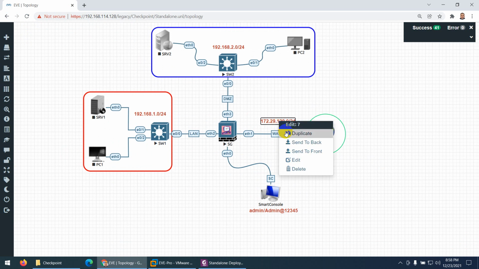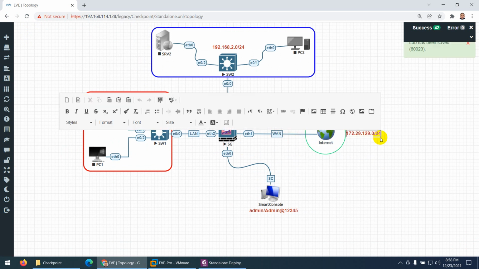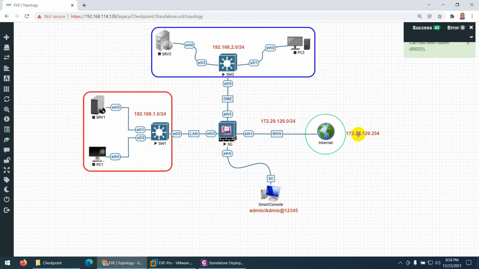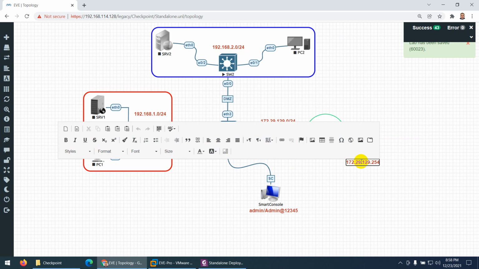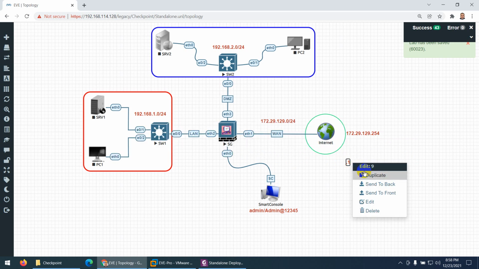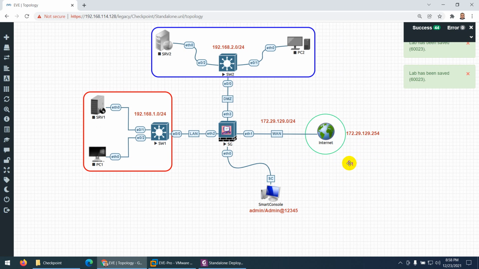Okay, and if you need the gateway, because I'm using the professional edition, the gateway will be the last IP. So let me change this to 254 so that we know what our gateway is. So our gateway is here, and the last thing I need to set up is the IP address which we will assign. So this is 1. Okay, let me duplicate, and let me take this IP.